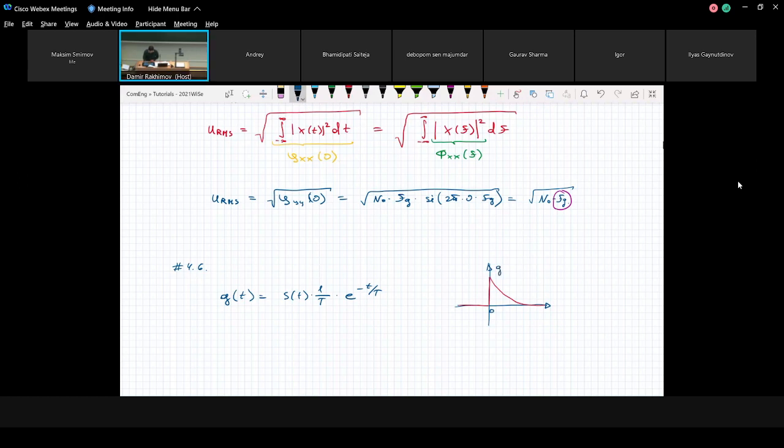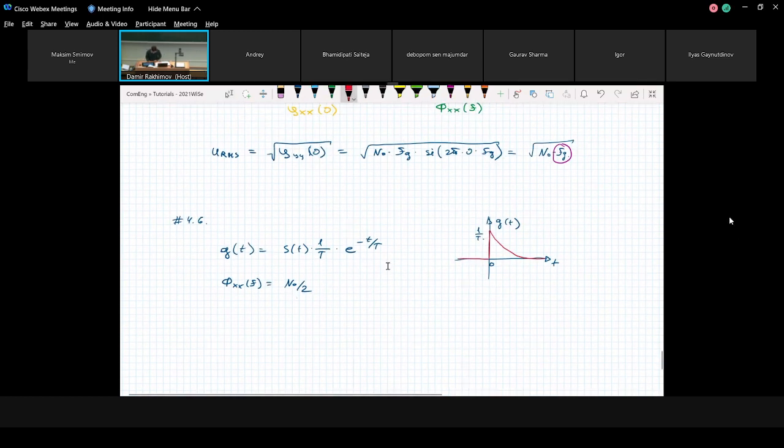Our function starts at time 0 with the maximum value 1 over T. We say that at the input we have noise with power spectral density N0 by 2, and we need to determine the power spectral density at the output. Now we need to understand how to find the power spectral density at the output. We can use the same hint as before: the output autocorrelation function equals the convolution between the impulse response